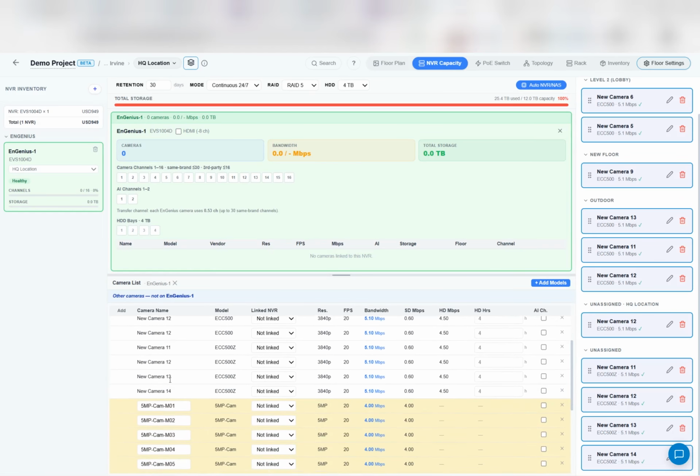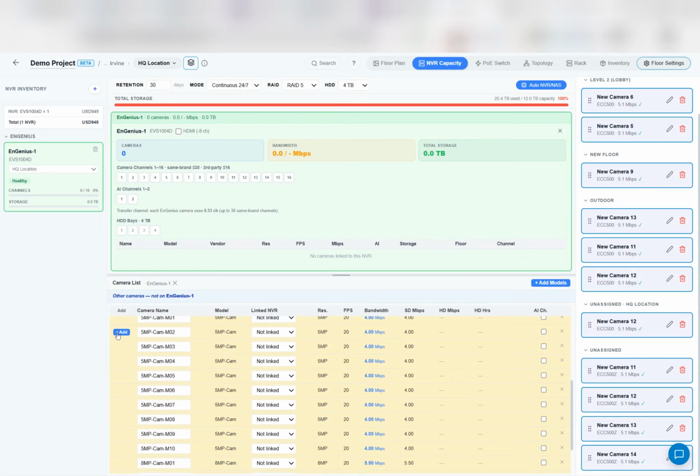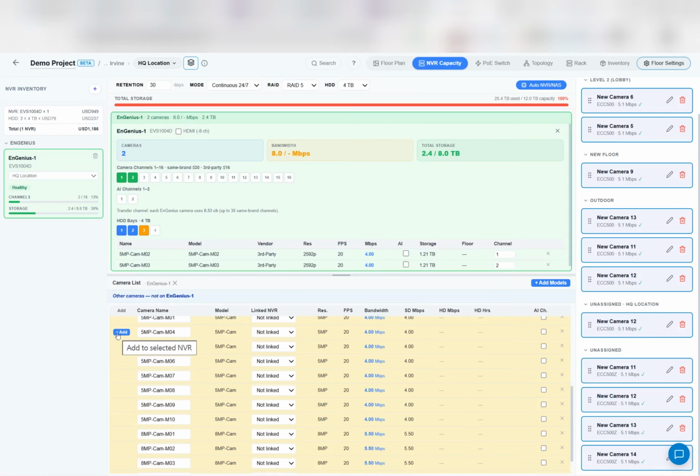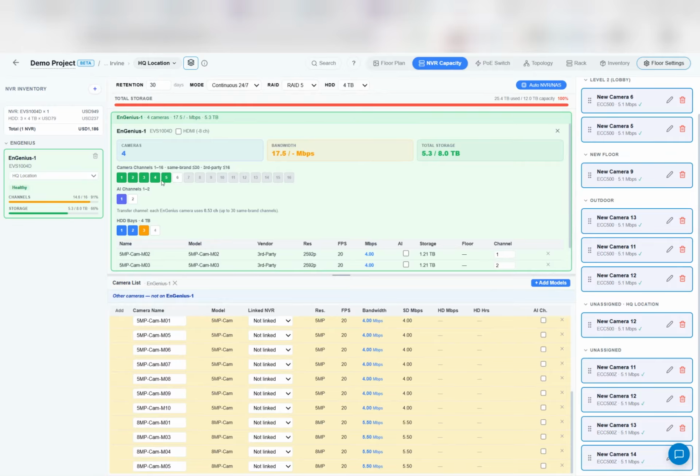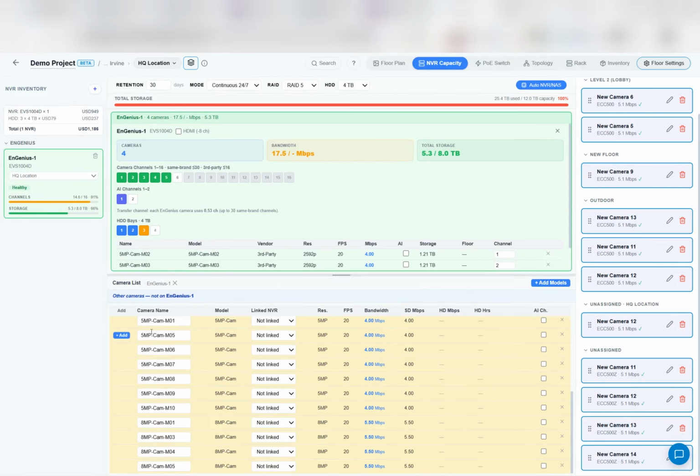If I start by adding the 5MP camera, it takes up 1 channel. Add another 5MP one. Suppose I have a 5MP camera and I needed to use an AI channel. When I add it in, you'll see its AI takes up 4 channels. Then I add an 8MP one, which takes up more channels, so you'll see it uses an extra 0.6 of a channel here. So this tool helps you follow the NVR's limits.